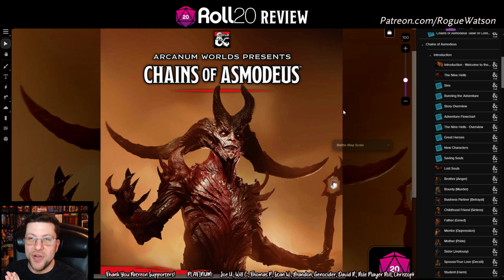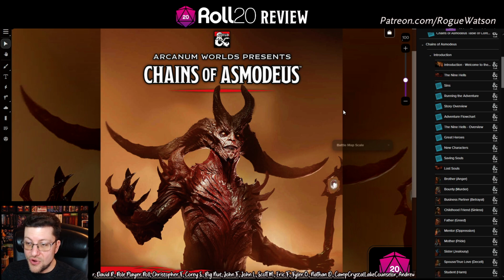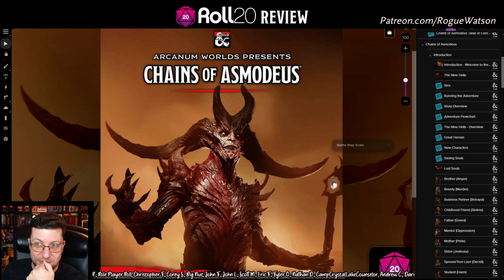If you were disappointed in Descent into Avernus, which was the hell-themed campaign that Wizards put out a couple years ago, and you thought, oh man, there's all these layers of hell and we're only going to go to Avernus for the second and third acts basically, and I wanted more. Well, if you want more hell, then Chains of Asmodeus absolutely has that, because this has all 9 layers of hell and you go through all 9 layers. In fact, there's an absolutely fabulous